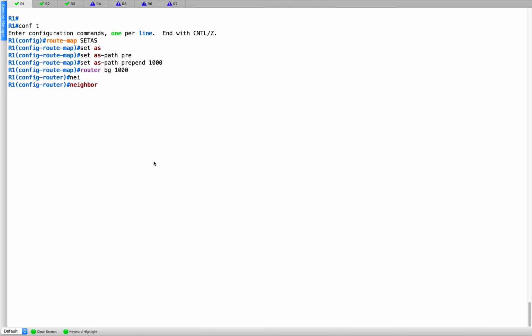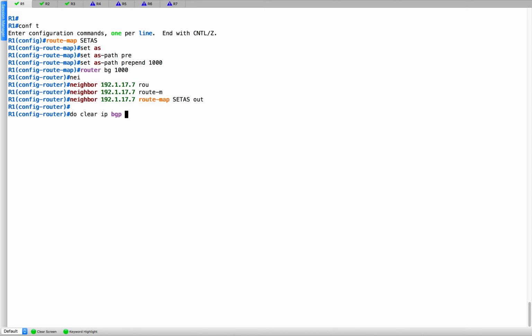So we are basically saying, let's say 192.1.17.7. Whenever the routes are going outside R1 towards R7, we are basically telling it to prepend, set AS path, in the outside direction. So we are basically prepending the AS number 1000. If I do clear iBGP star and soft, now if you go to my R7, right, if you go to my R7,